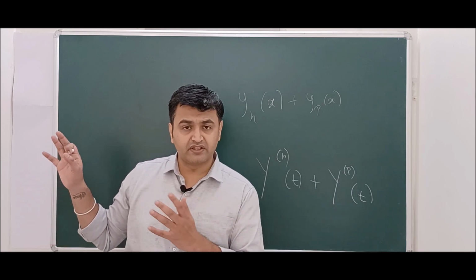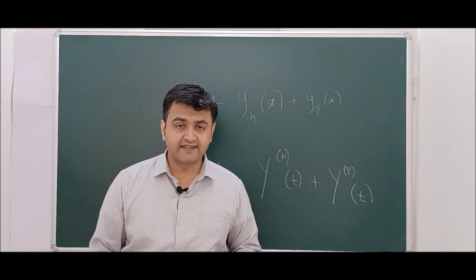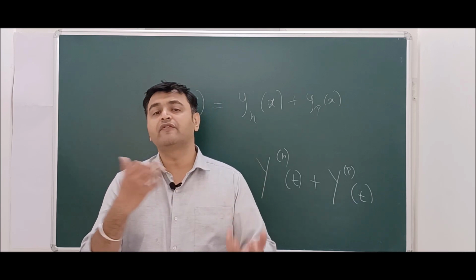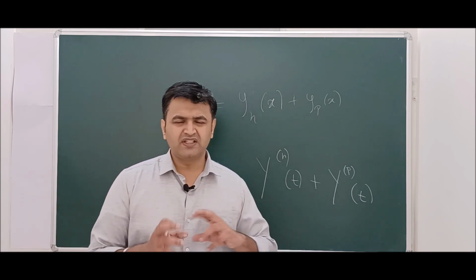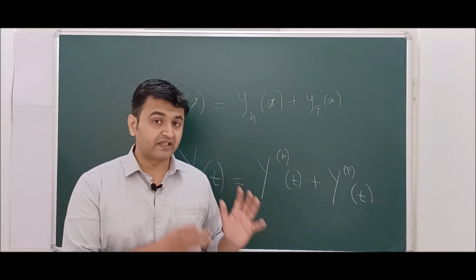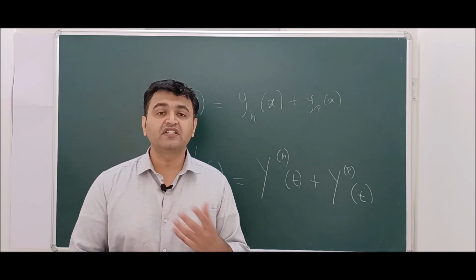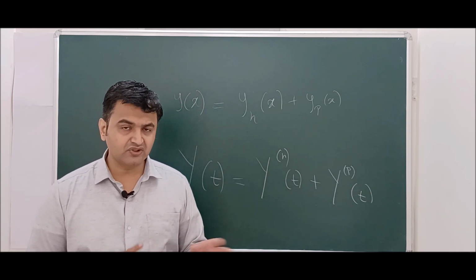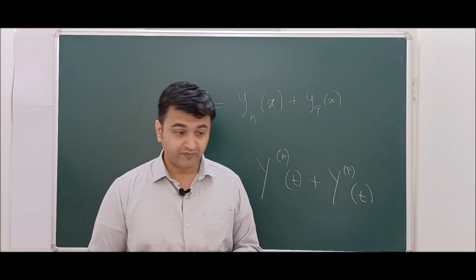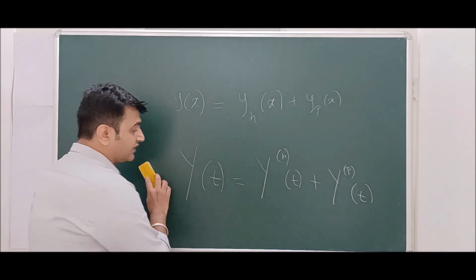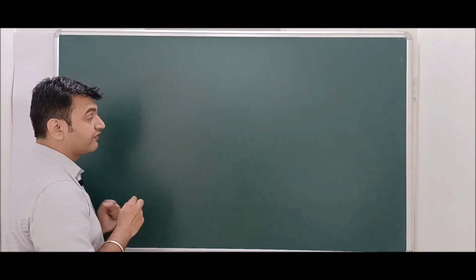Whatever method you saw there, there was a table, right? Depending on the right-hand side you choose your yp and then you modify your yp. The same table works here as well, only there is a slight change. Instead of constants you will have vectors over here. I will tell you more when we see examples, and the modification rule is applied in a different way. These are the two things one has to take care of when playing with systems of differential equations. So let us see how the method of undetermined coefficients can be used when you have a system of linear differential equations.